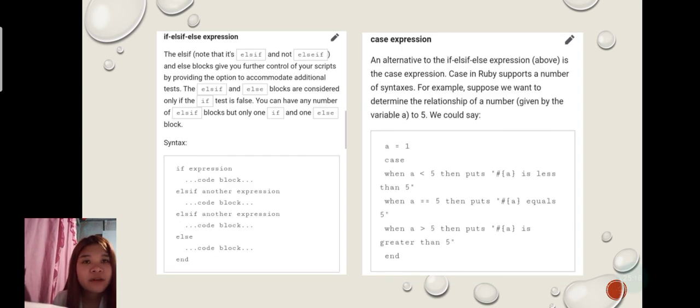Next is if else expression. So mao ni ang sample program, pareho ra gihapon sa katong mga naagian natong programming language like Java o C, pareho ra ilang syntax, halos dali ra masabtan kana. Then case expression, an alternative to the if else expression is the case expression. So alternative daw ni si case expression ni if else expression. Case in Ruby supports a number of syntaxes. For example,